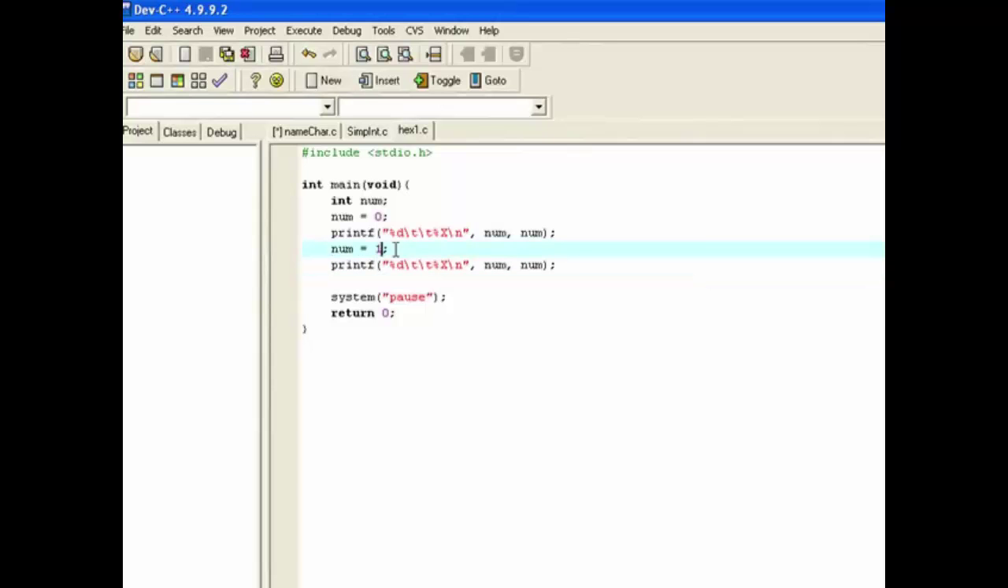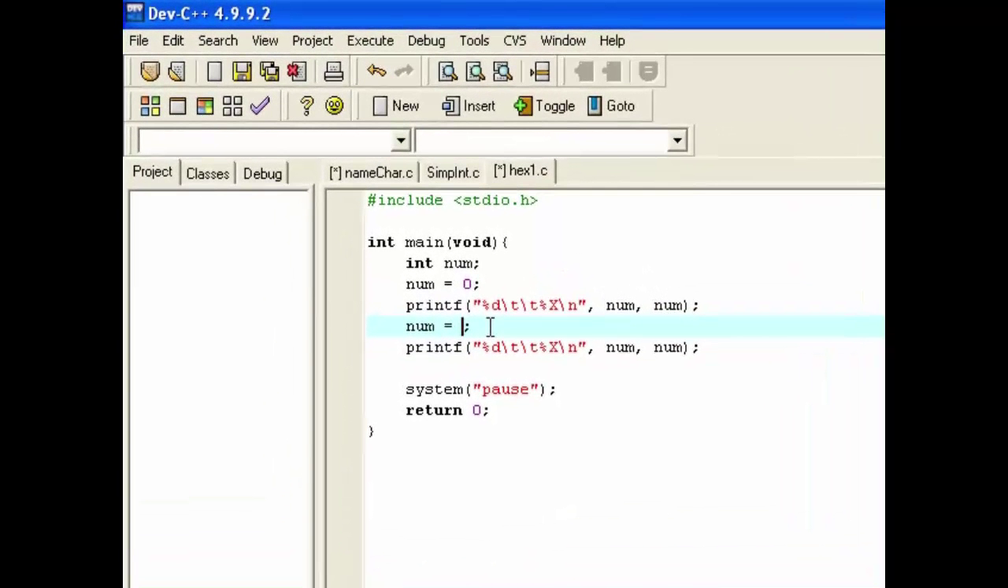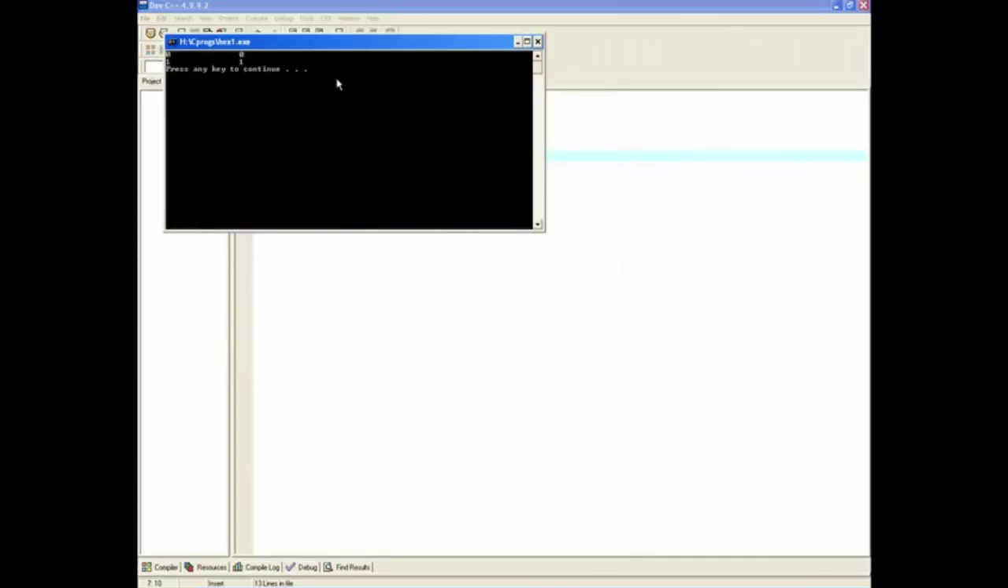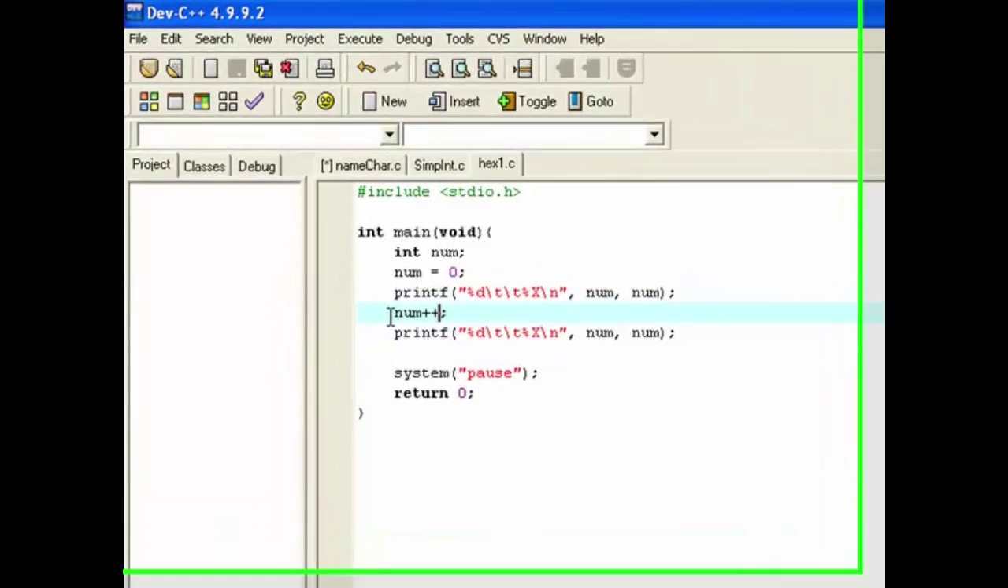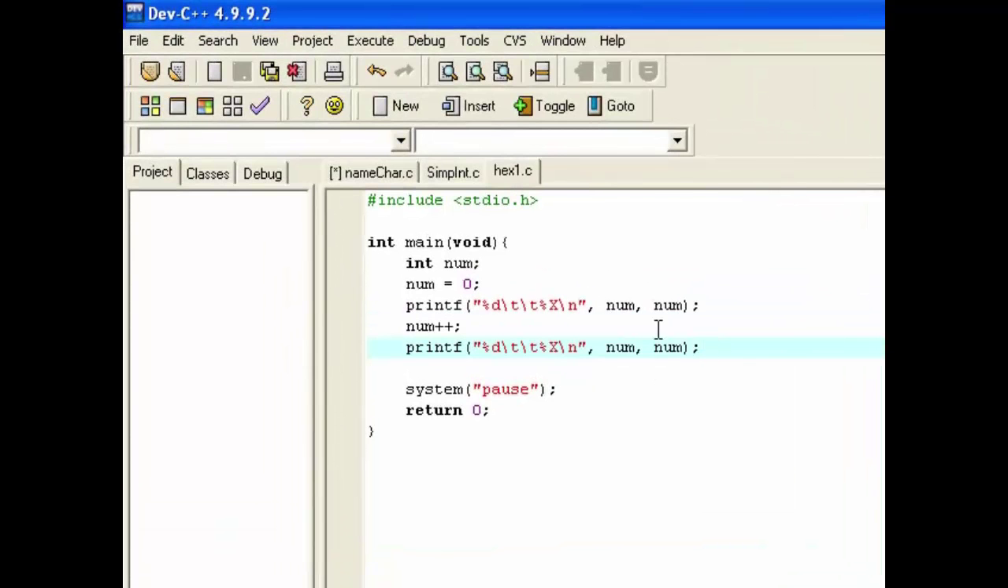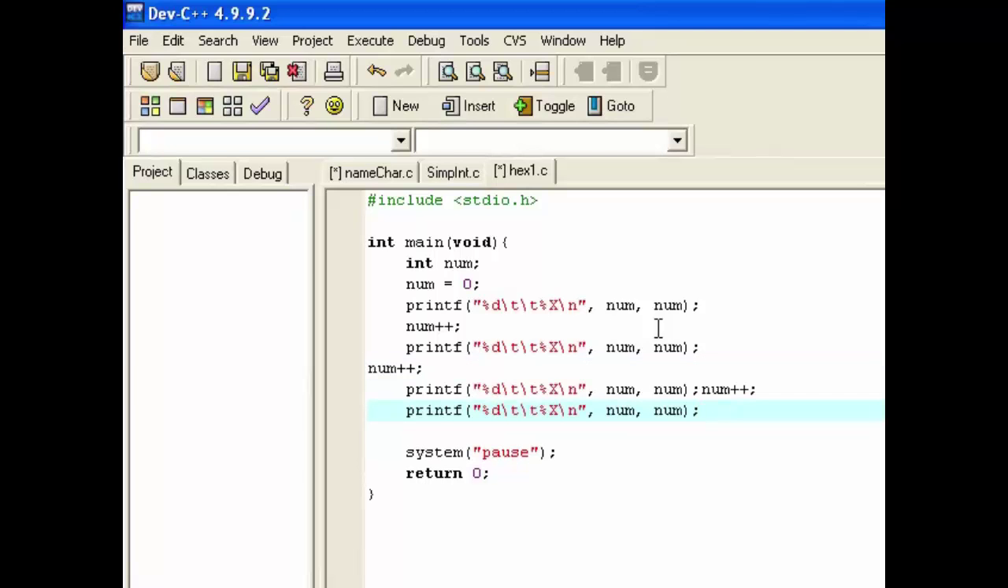Slightly simpler way than that though. You can either say num is assigned num plus 1, because it's going to go up by 1 each time, or the simpler mechanism is to just say num plus plus, and that does the same thing. So it's going to go up by 1 each time, and that makes it very simple, because what I can then do is copy that, and I know that I can go 2,